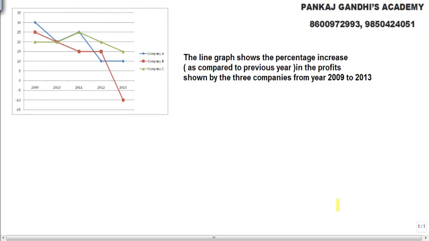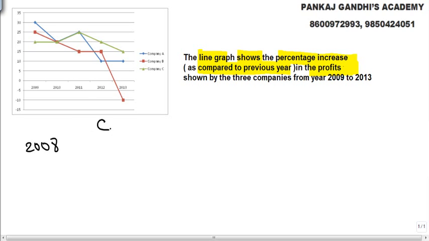Look, first of all, let's understand the basics of these two types of line graphs. This is one type we are doing. The line graph shows percentage increase, mind well, obviously with respect to previous year, in profits. Understand kids, when I say percentage increase with respect to previous year, the simple meaning is, understand this well, that if this is company C, this is company C, meaning is if in